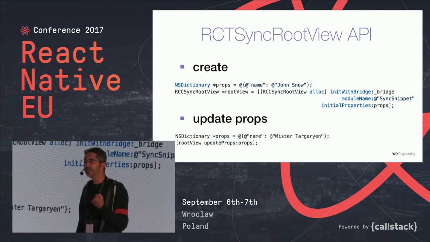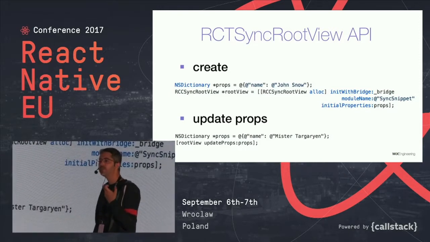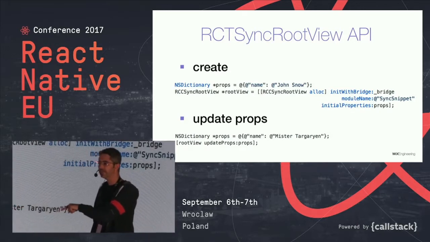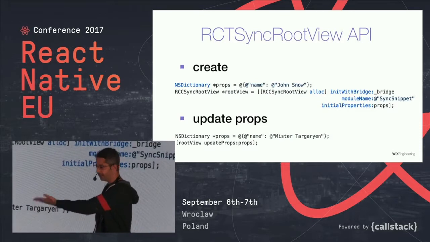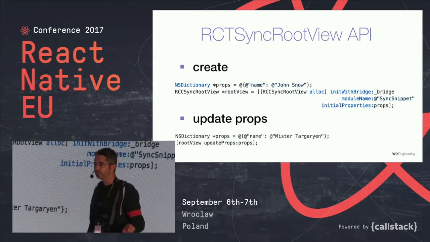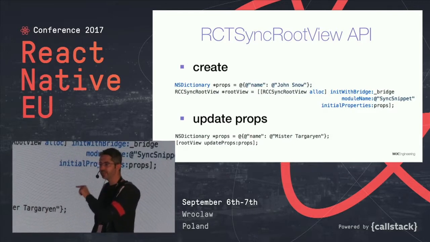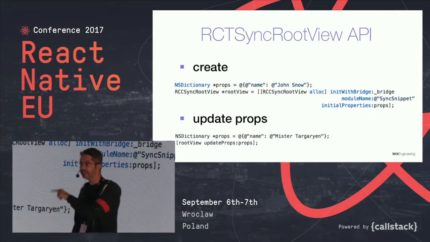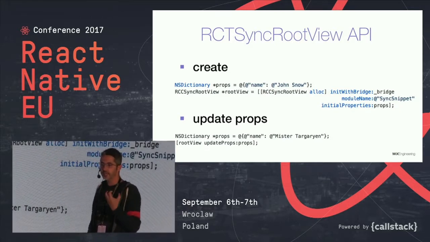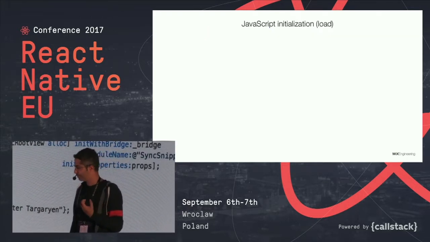But what is the main thing here? What is the novel thing? The novel thing is the requirement that this creation and update that originate from the native side, these are native commands, they're going to take place without going over the bridge. We're going to render the native views by staying in native. And this is exciting because this kind of circumvents the asynchronicity of the whole thing.